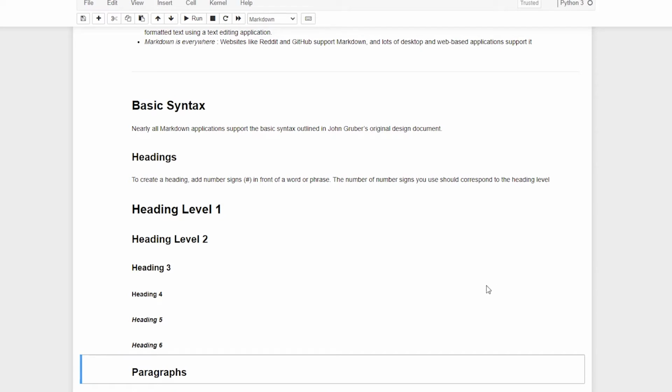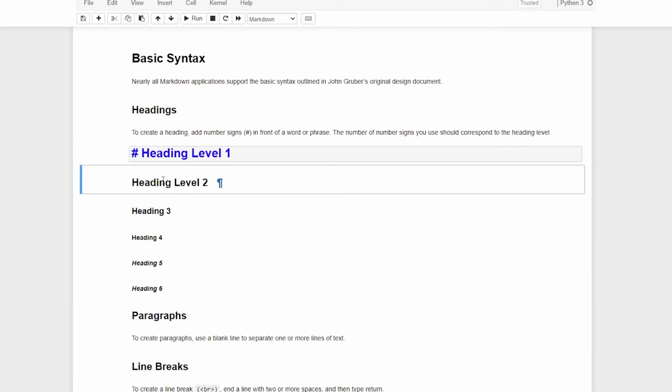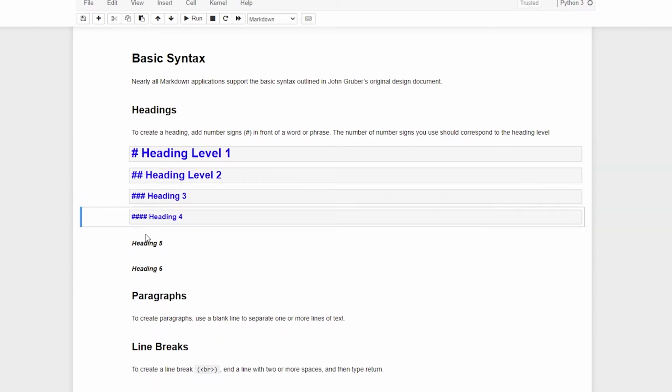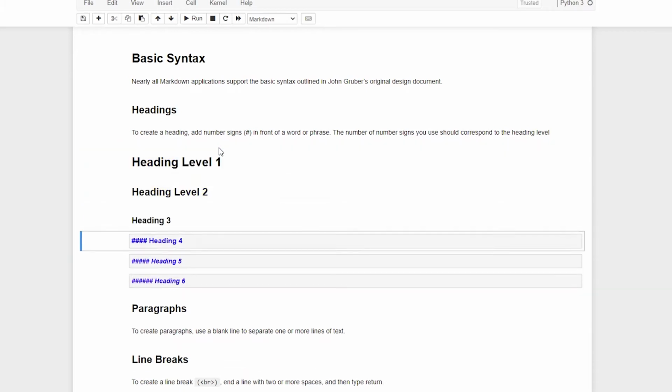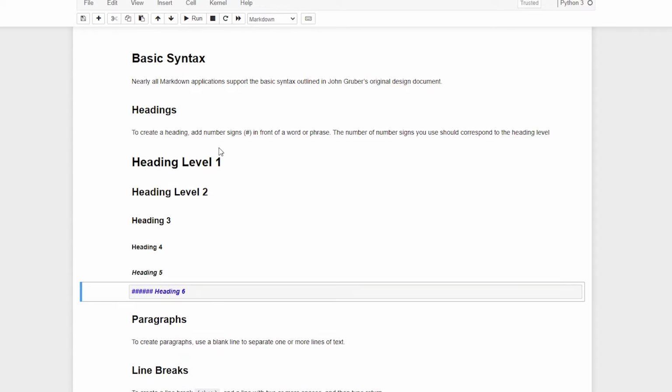You can see right now I have added 6 different headings, and if you check all of them, they all have the corresponding number of hashes that define their size. Okay, now to run this, I'm using shift enter.